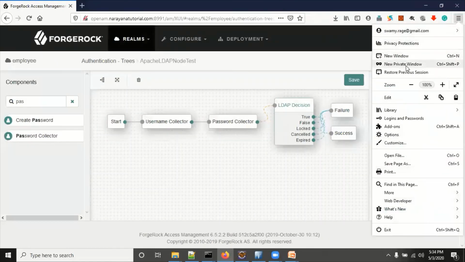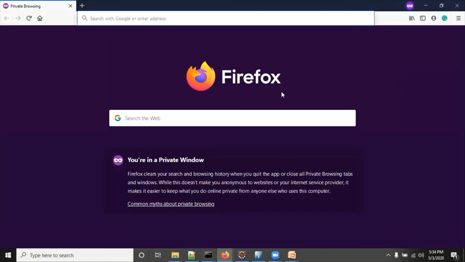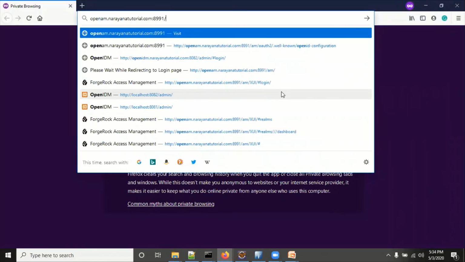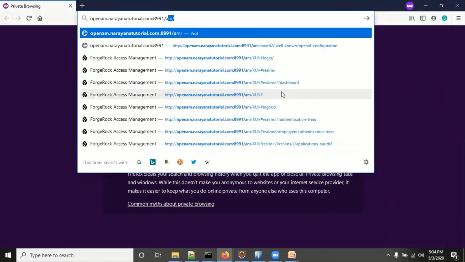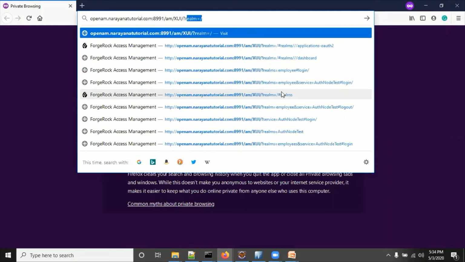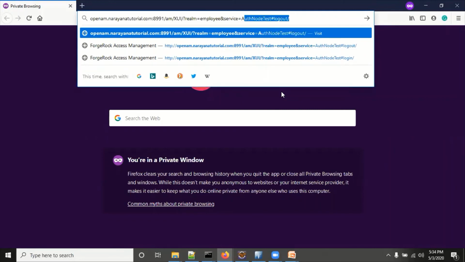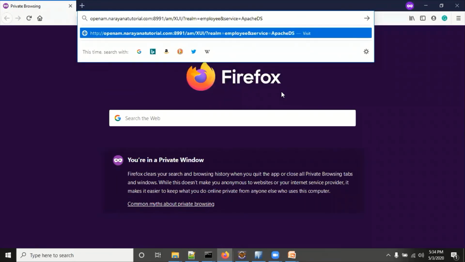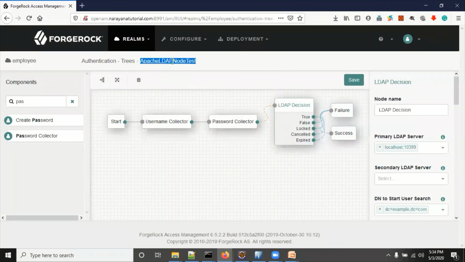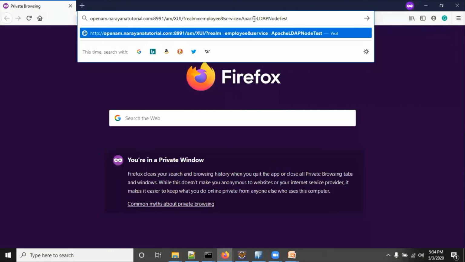Close this one and click on new private window. Now we are going to access that tree. Use the AM XUI URL with realm=employee and service equal to the tree name, Apache LDAP node test. Press enter.